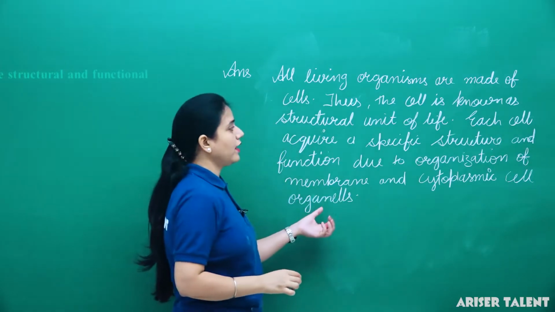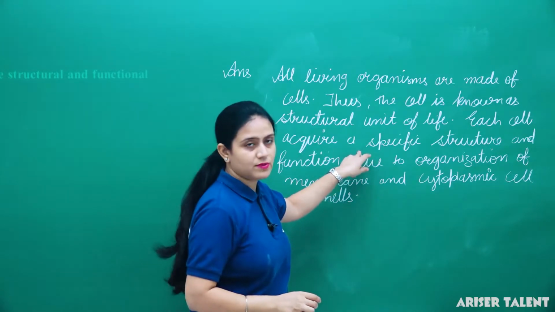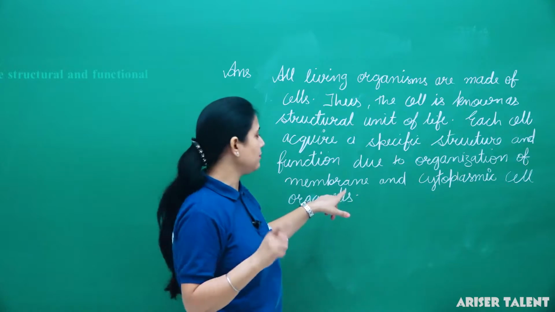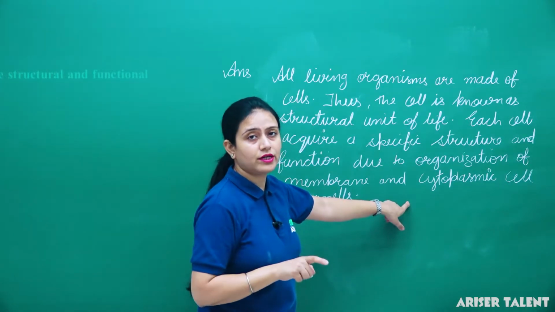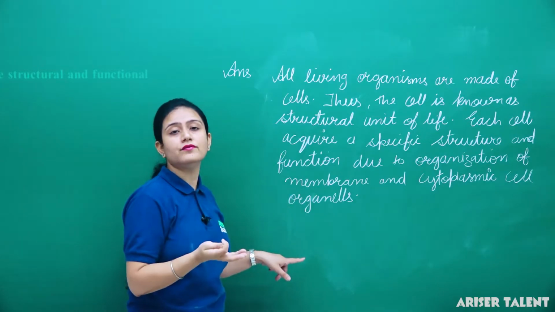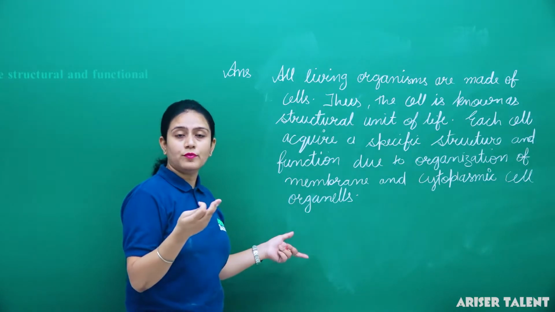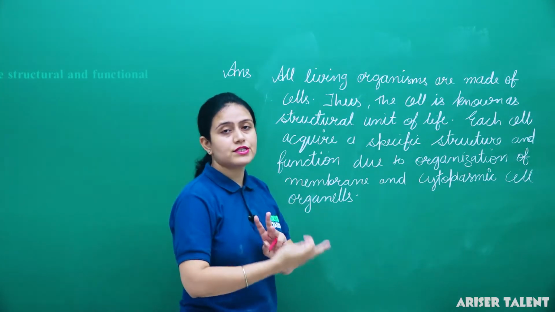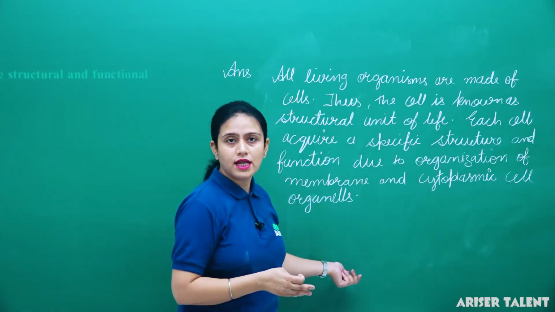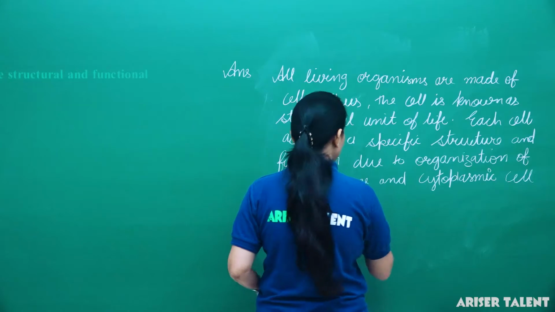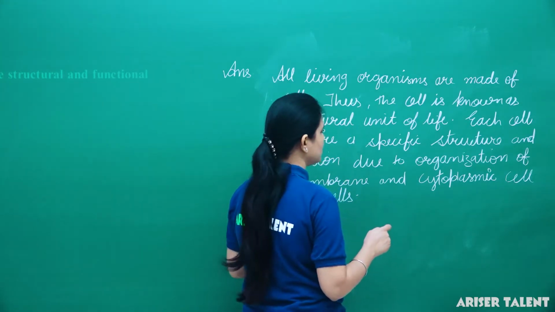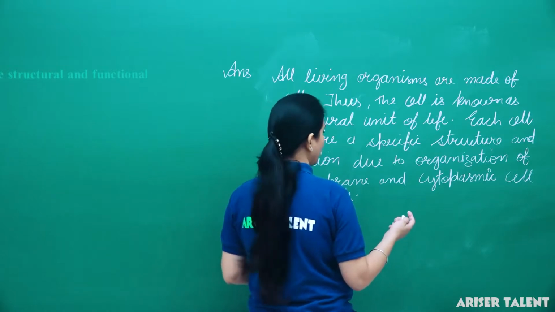What happens is, because each cell acquires a specific structure and function due to the organization of the cell membrane and whatever cell organelles are present in the cytoplasm, the cell will perform different functions like respiration, obtaining nutrition, and throwing the waste out of the body. Thus we can say it is the basic functional unit of life. Clear? So here we go, each cell acquires a specific structure and function due to organization of membrane and